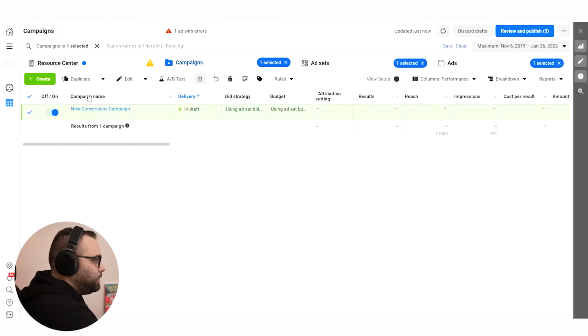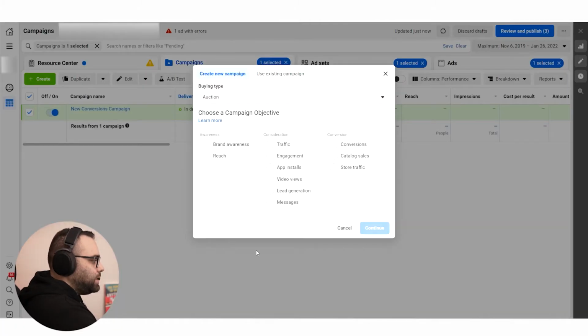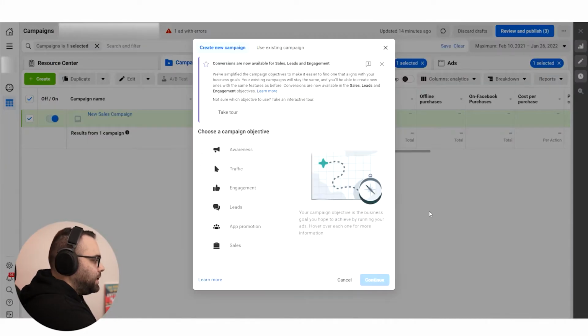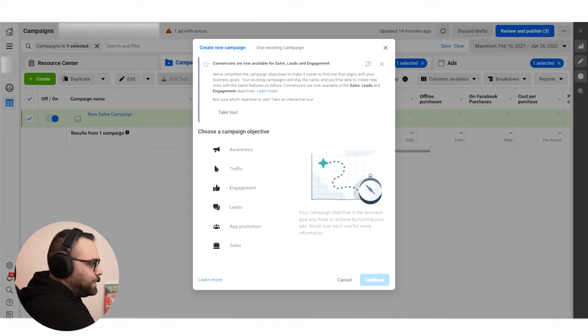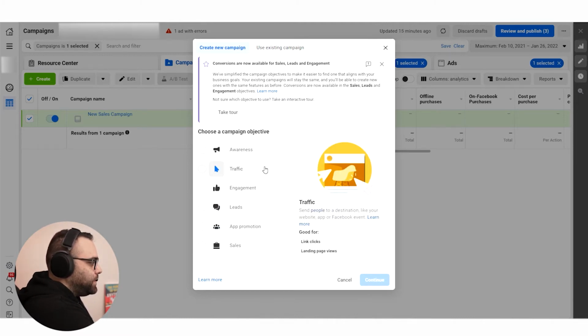What we had so far when we were creating a campaign was this, okay? We were having brand awareness, reach, traffic, engagement, app installs, and the conversion and catalog ads were here. Now, the new thing that we are having is actually this. It looks like a treasure map. And over here we can see that we are having these nice graphics, as you can see, and we have awareness, traffic, engagement, leads, and here it also mentions the different forms and stuff.